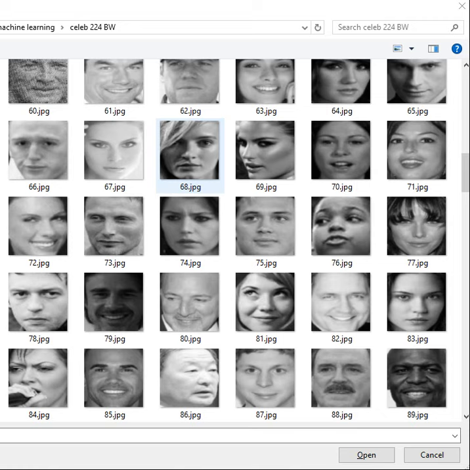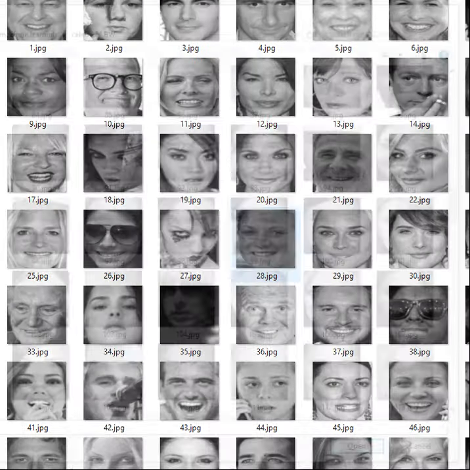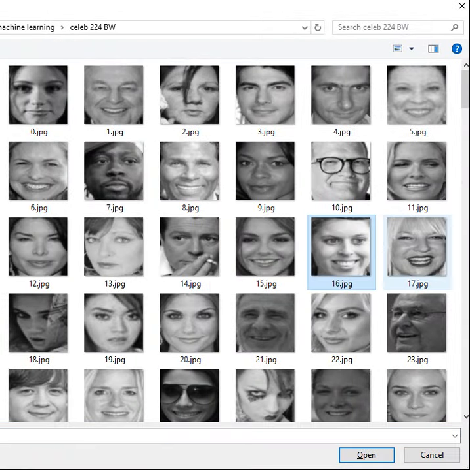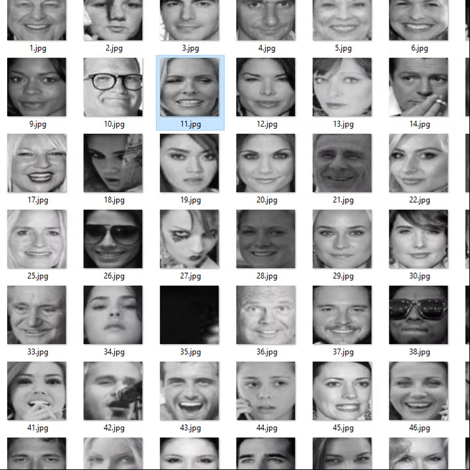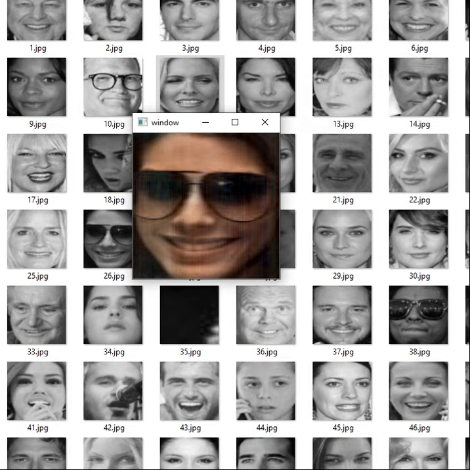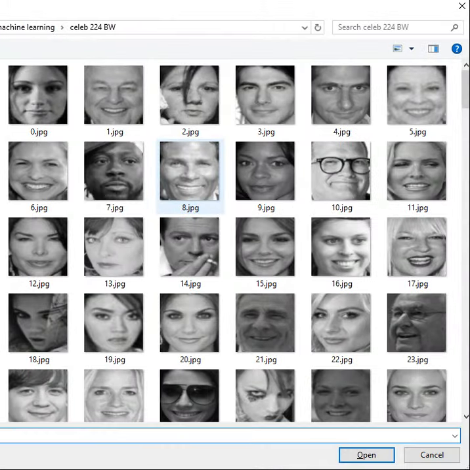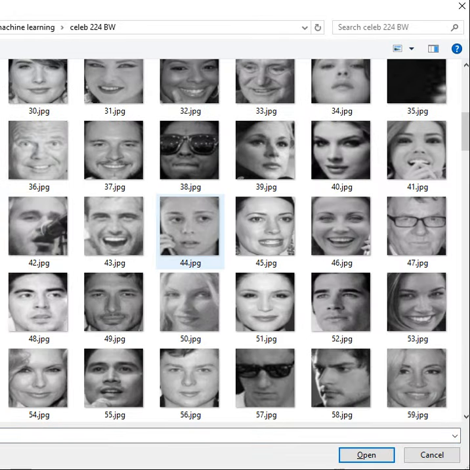I have my deep learning model that colorizes faces. So it takes black and white photos of faces and it adds color to them. Now, there still needs to be some work done